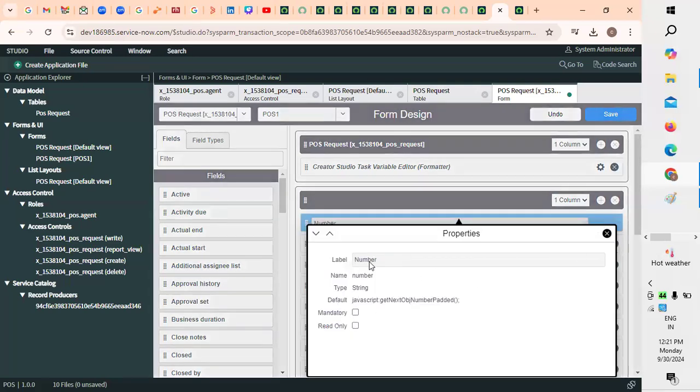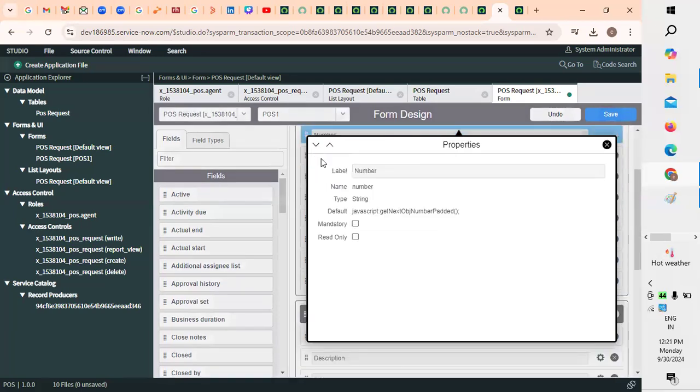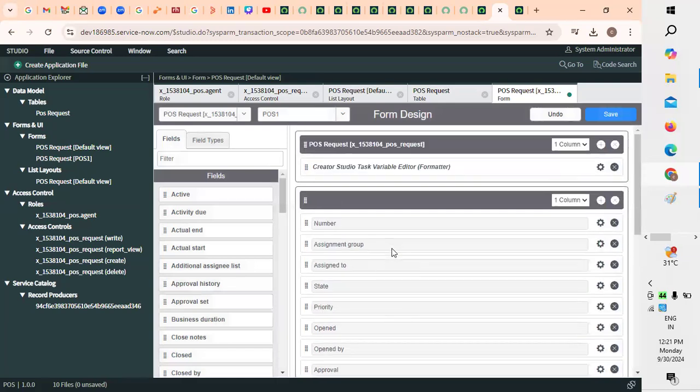We need to create the label name, right? So what are the required labels we are going to create? Those label names we have to create, but make sure whether each is mandatory or not. Number means whatever the string type and everything comes under the number. But when it comes to the names we are going to create, these names come under alphabets, whatever the string, whatever the functionalities we are providing. So depending on the type of form you are going to create, whatever is required has to be updated. Now for the point of sale system we are creating,